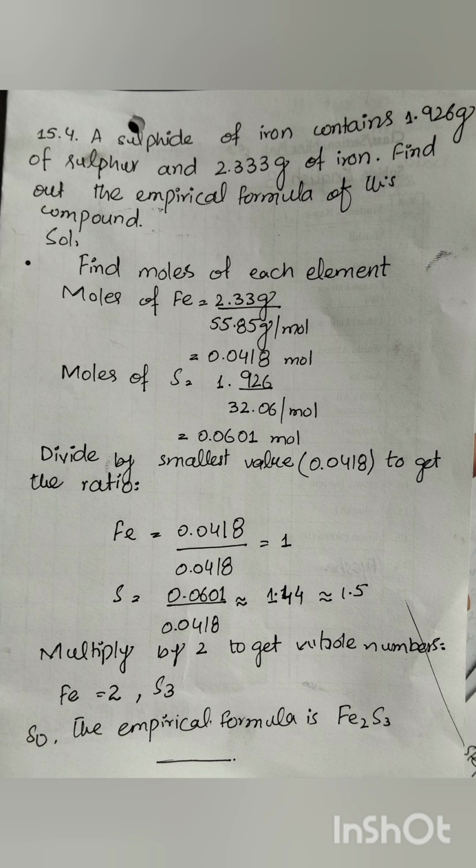After finding the moles of each element, in second step we will divide by the smallest value to get the ratio. After getting the ratio, we will multiply by 2 to get whole numbers, which are Fe is equal to 2 and S 3. So the empirical formula is